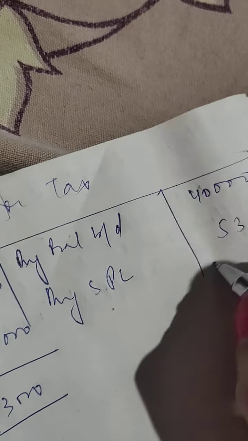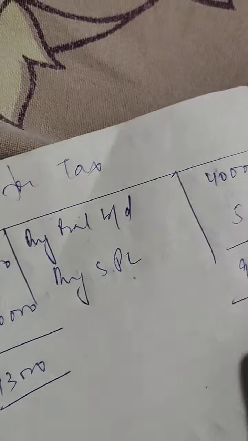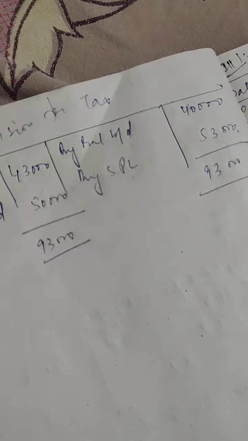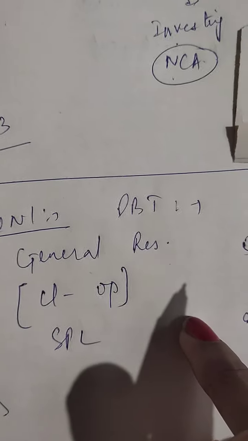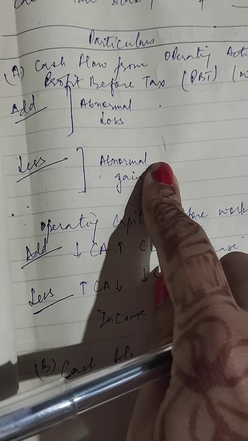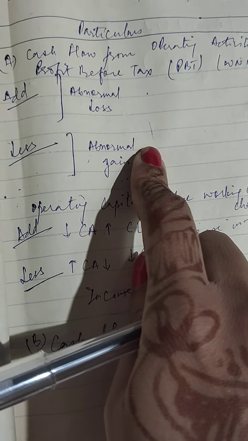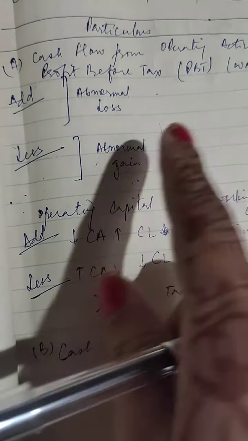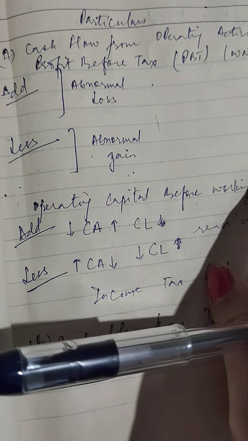Please see that whenever you make a profit and loss account, right, SPL, you will have to take this into the working note of reserves and surplus where you made this, right? That means PBT. Anytime you see SPL, you can put it either on this side, that is on PBT, or you can also put it here on the add or less side, but your signs should be correct. If it is to be added, you need to put it on the adding side. If it is a subtraction thing, you can put it on the less side, right?